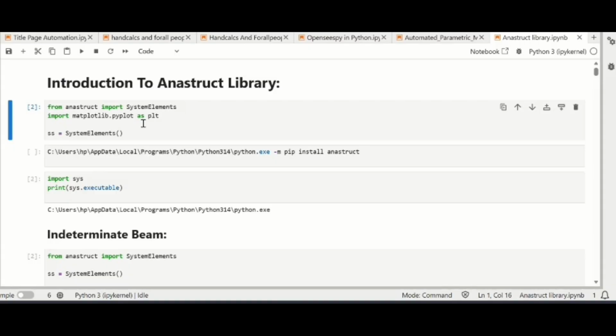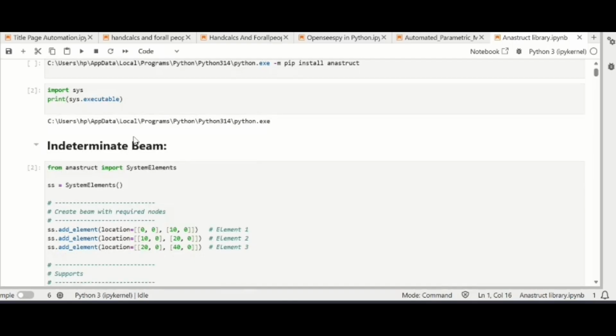Today we will be learning one of the most amazing libraries of Python, which is the NStruct library. The NStruct library is an open source Python library which is used for 2D structural member analysis. As you know, in our BSc of civil engineering, we used to get those big assignments in which we have indeterminate structural members, beam, frame, and truss, and we used to solve those indeterminate